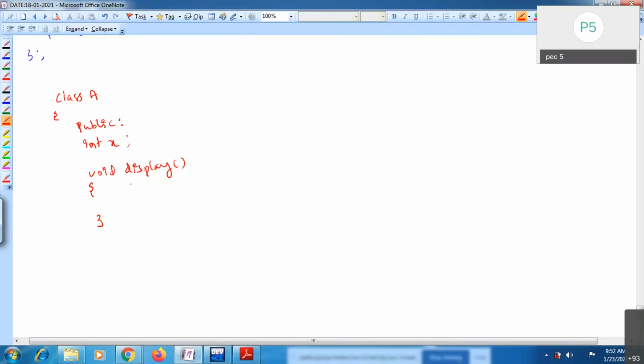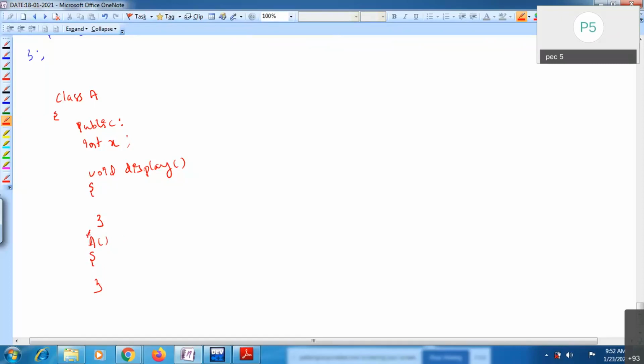If you remember, constructors are also the same as member functions only. But while writing constructors, the constructor name should be the same as the class name.